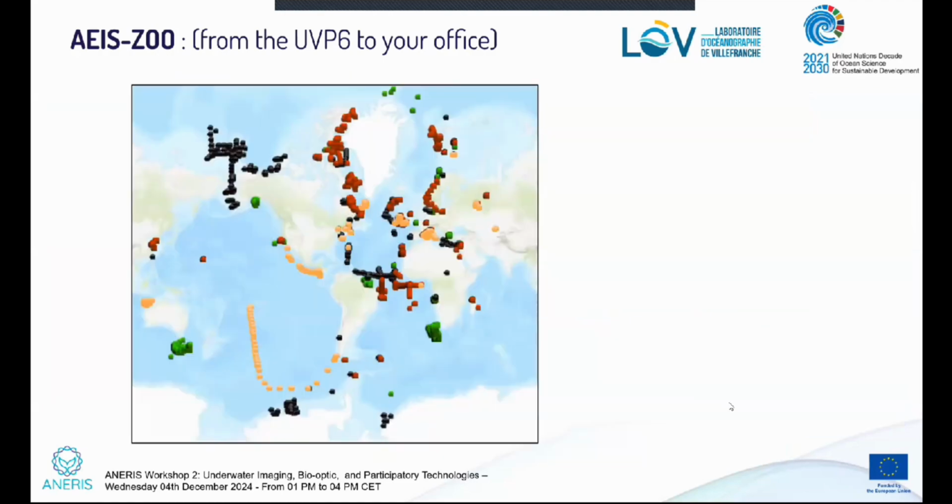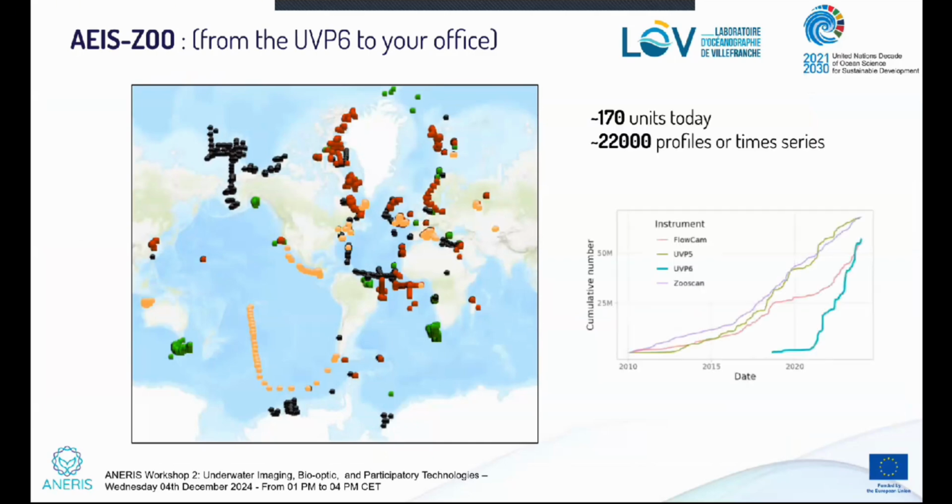Today, most of the UVP6 data are available on the EcoPart application. And this map, which is not that good, represents the total number of data from the sensor since it was introduced on the market in late 2019. There are today 170 units in operation, and on that map you can see that there are more than 22,000 profiles, because it can be utilized as a profiler or time series when it's on a fixed mooring or on a cabled